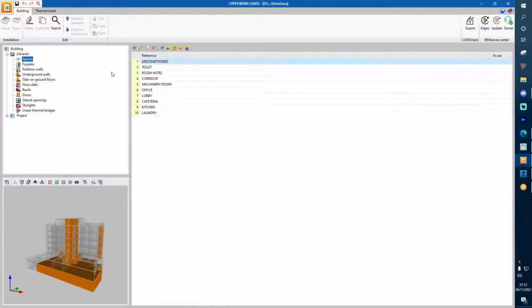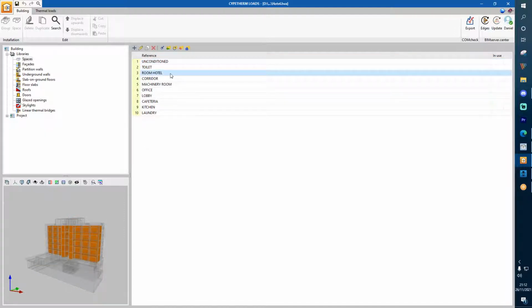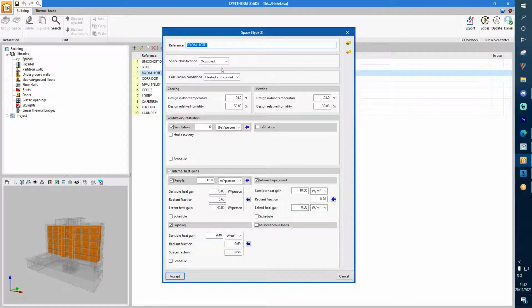This software also imports all the construction elements that we have defined in the architectural model, and also the spaces. And we need to define the spaces and all the materials for every construction element that we have. But when we define the spaces, this software allows us to define them as occupied or not habitable space. We can define the calculation condition depending on our needs, and also the properties of ventilation or the internal heat